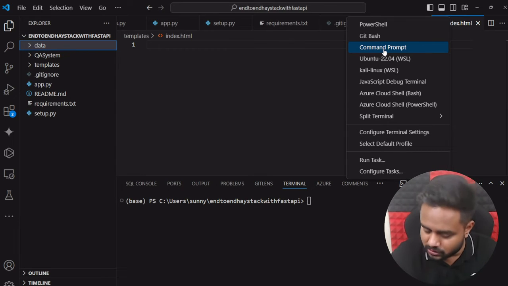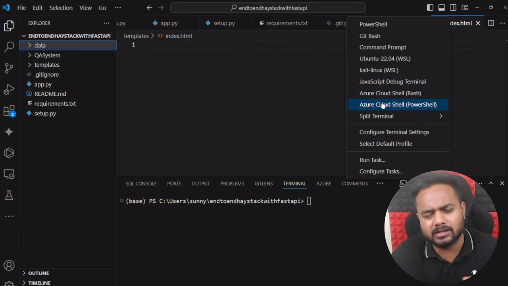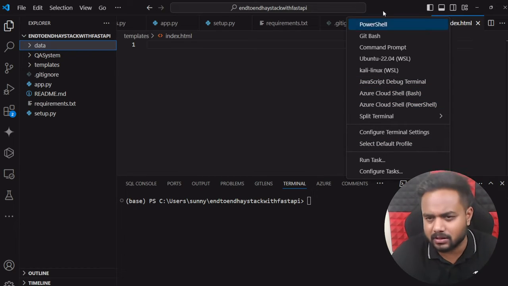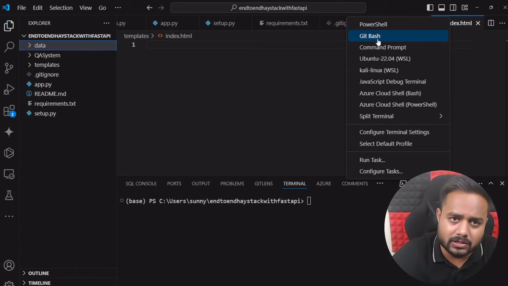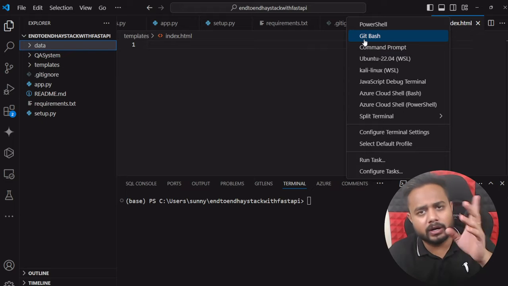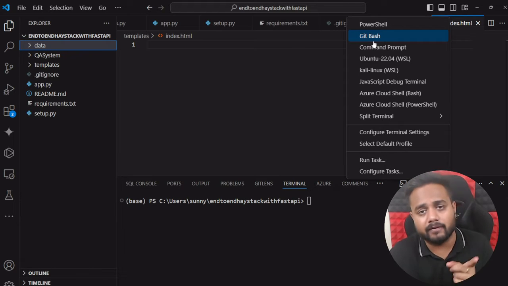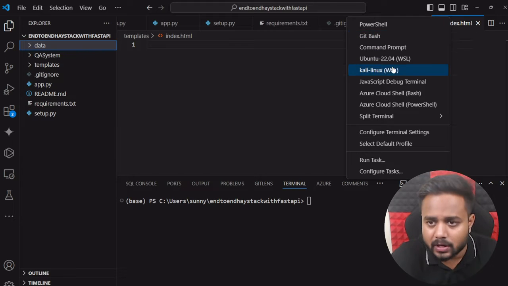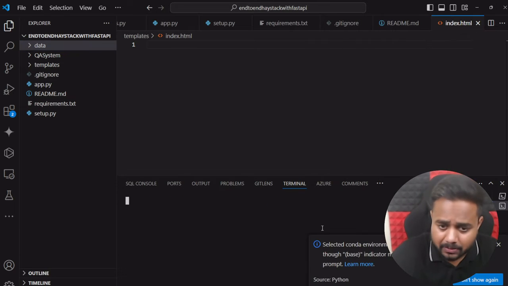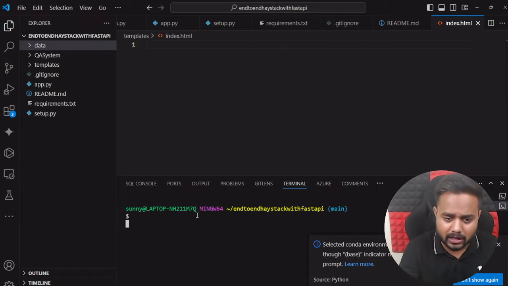One thing, guys, I would suggest to all of you: don't download Kali, JavaScript. This is what I have downloaded in my system. Just download Git Bash. Simply go to Google and search for Git download, and you will get Git Bash once you download Git inside your system, because that is very much required as a developer. You should have Git inside your local system. Now I'm going to open this Git Bash,